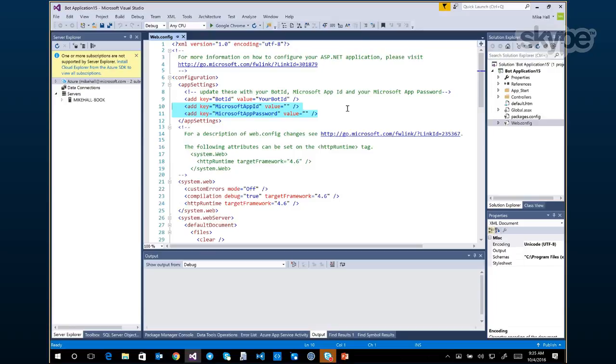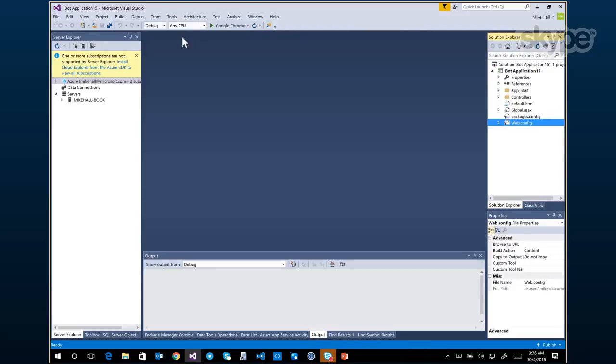This is great when you're doing development on your own PC using the bot framework emulator, but when you publish your bot to a live channel like Skype or Facebook or Telegram or something else, then at that point you'll need to go to botframework.com, register your bot, generate an app ID and an app secret, and those values that you generate on the bot framework registration page get put here. So this is just pointing out to you web.config, these 2 values: go to botframework.com, register your bot, generate the app ID and secret, and then drop them in here. So that's the first thing to think about.